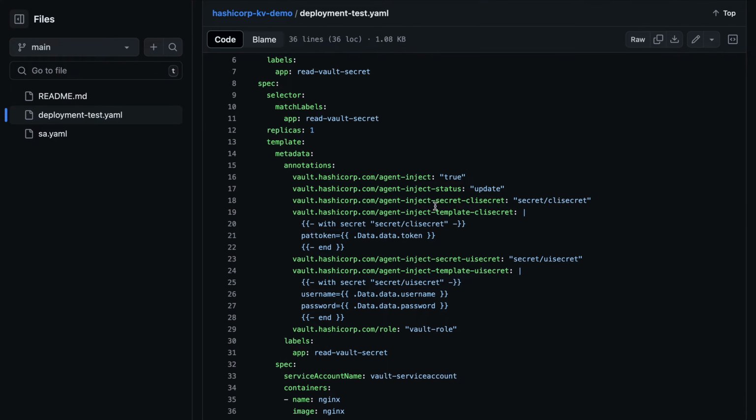After this, we are just mentioning the name by which we are creating the secret. In this case, we are creating a name like CLI secret, and it should be stored inside this path, secret slash CLI secret. So CLI secret is the name, and secret is the directory where all the secrets will be stored. And this is the template of my CLI secret,